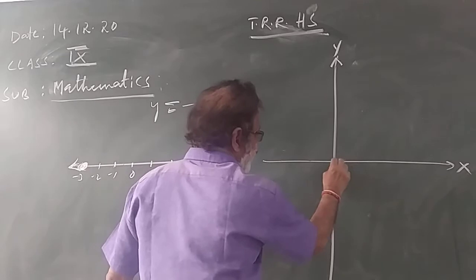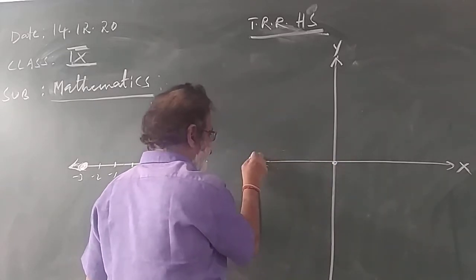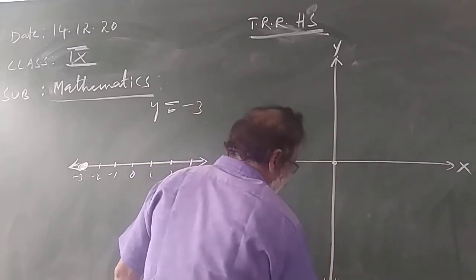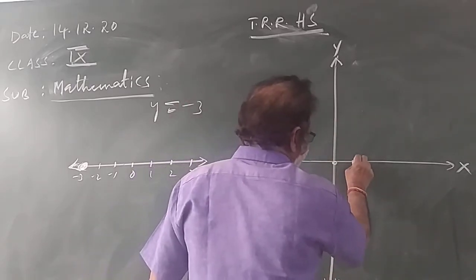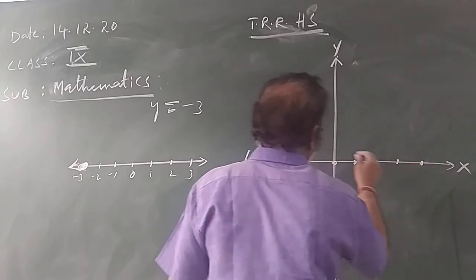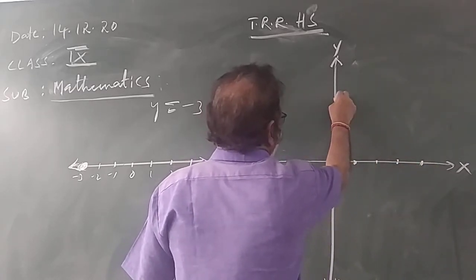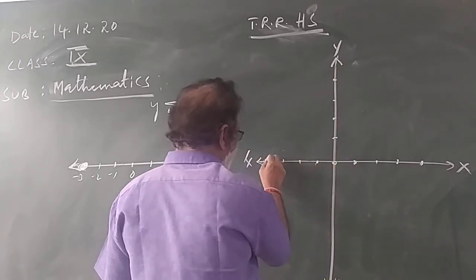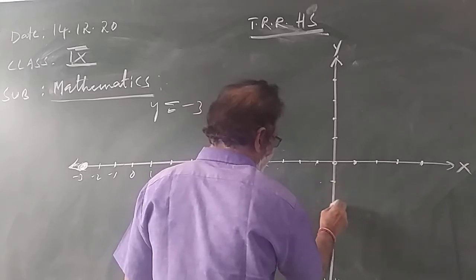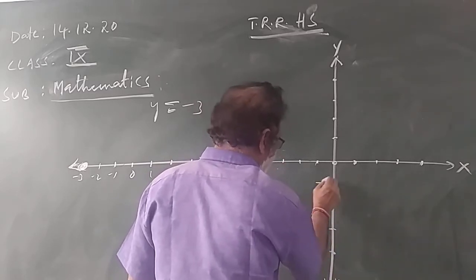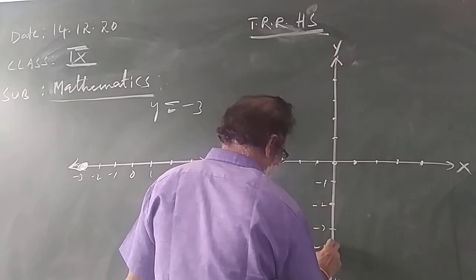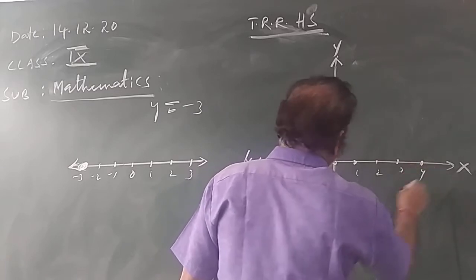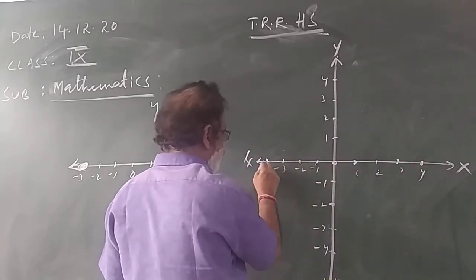The meeting point of x and y is the origin. The left of the origin on the x axis is negative x dash. On y axis below the origin is y dash. On x axis right of the origin all positive values. On y axis above the origin all positive values. On the x-axis, the left side of the origin all negative values. Below the origin on the y-axis all negative values. Yes, you know that. -1, -2, -3, -4, 1, 2, 3, 4.